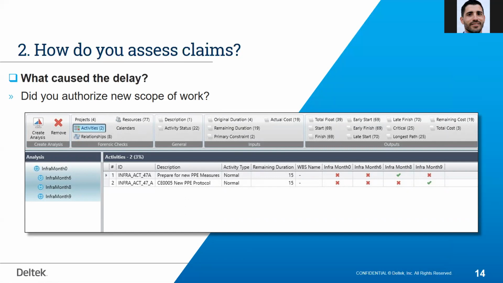So if they do the right analysis, for example, by just selecting the new activities that have been inserted in the schedule, they can go to the project controls manager, to the project manager, or to the weekly or monthly team meeting and highlight that there's a new activity, and they can start identifying the root cause for this new